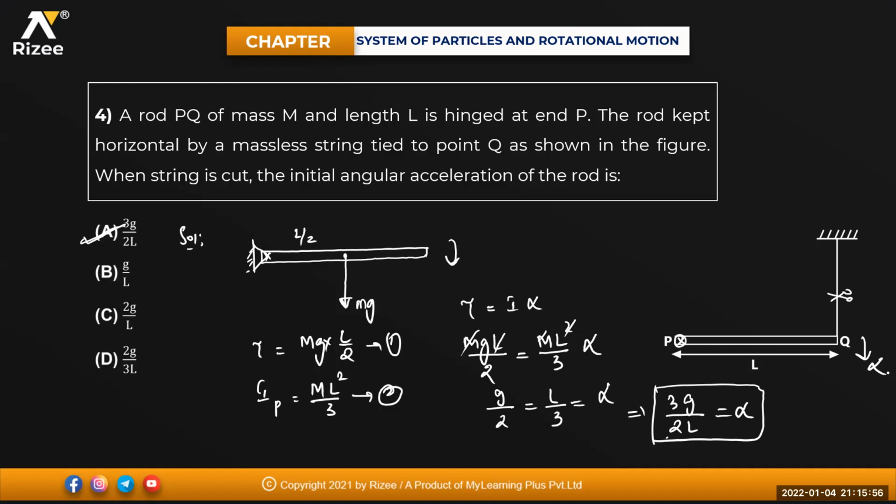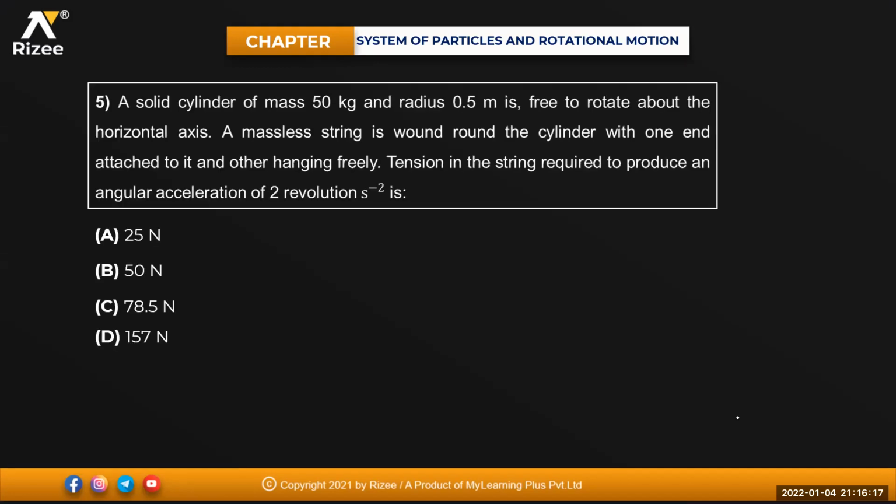So what I did is, the moment you cut it, the torque acting on that one to rotate will be tau is equal to mg into perpendicular distance. And moment of inertia of the rod about point P will be equal to m L square by 3. And I know the relation tau is equal to I alpha. Substitute it and simplify, you'll get the value of alpha. Clear, better? Sure. Next question.